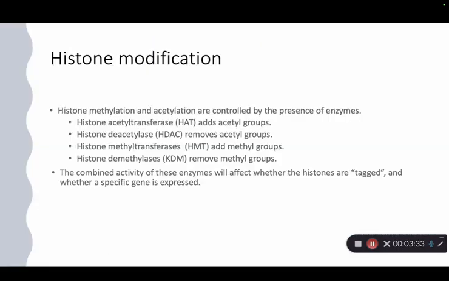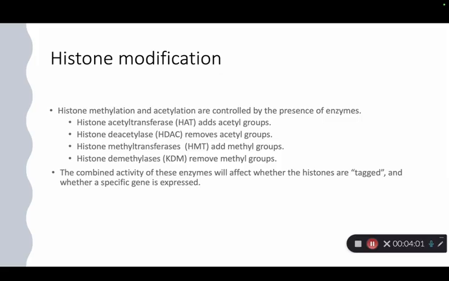Histone tags serve as signals to the cell about what to do with a given stretch of DNA. Acetyl groups generally will promote a relaxed, transcriptionally active chromatin state, versus methyl groups will often cause chromatin to condense, reducing the accessibility. This delicate balance determines how each cell will interpret the genome.